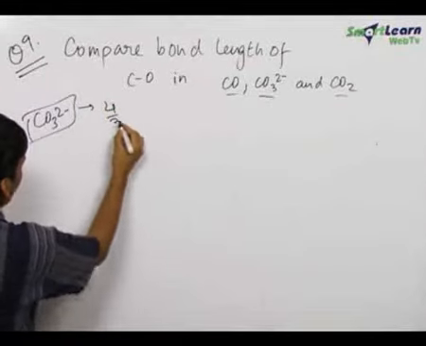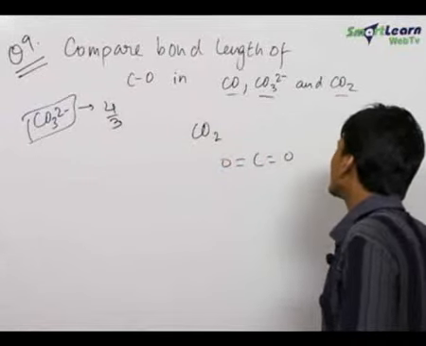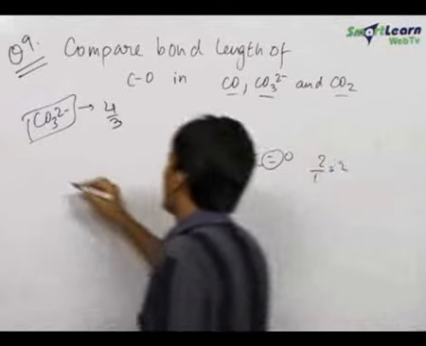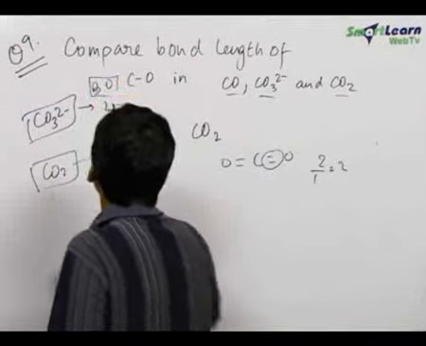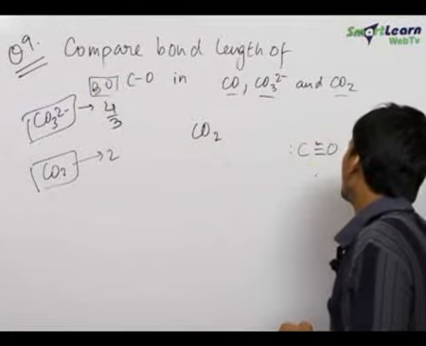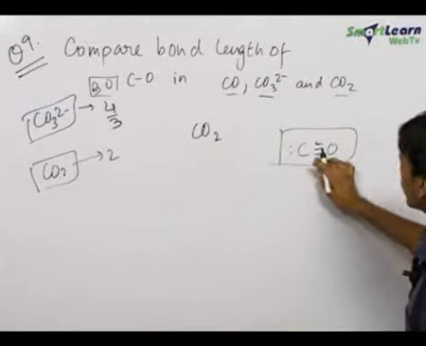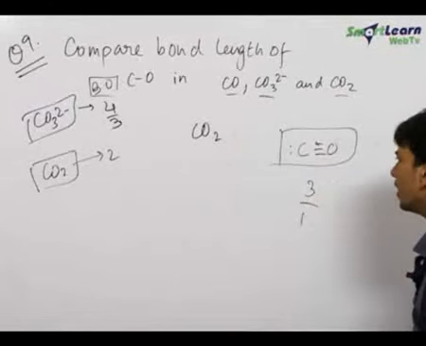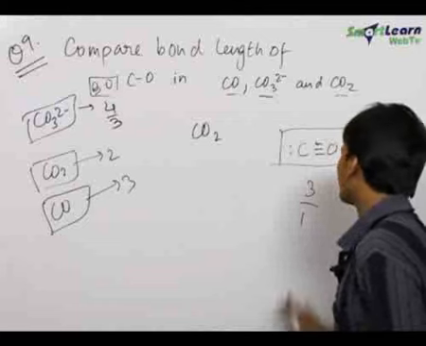Now let us check the case of CO2. The carbon dioxide molecule is like this, it has no resonating structures, therefore the bond order is 2 upon 1, which is equal to 2. For CO2 we know the bond order to be equal to 2. Now for checking the case of carbon monoxide, we again know that this carbon monoxide molecule has no other resonating structures, due to which the bond order is the total number of carbon oxygen bonds, 3, upon the total number of resonating structures, that is 1. Therefore the bond order for the carbon oxygen bond in carbon monoxide comes out to be equal to 3.